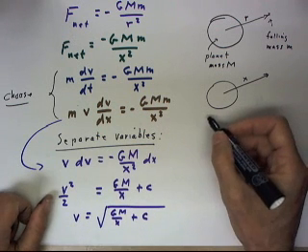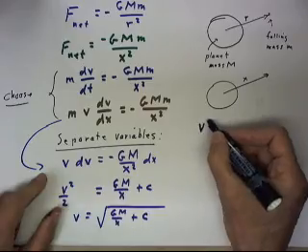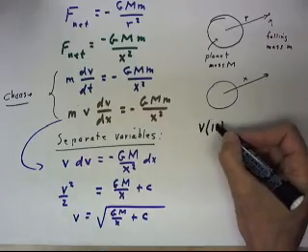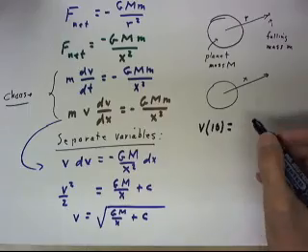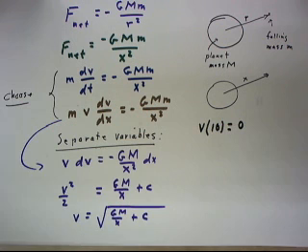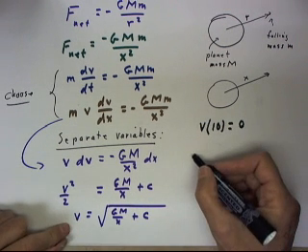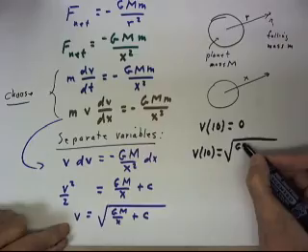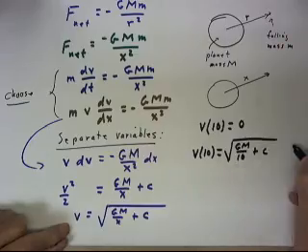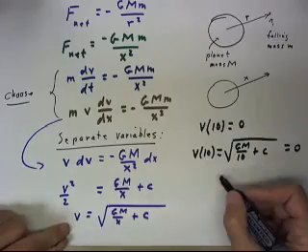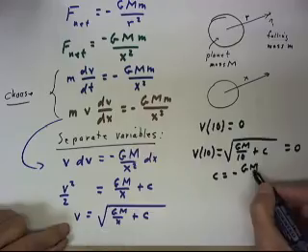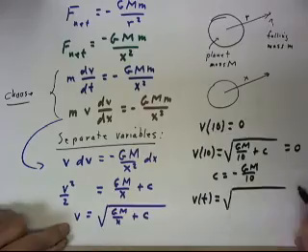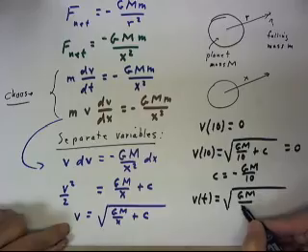If we put an initial condition on this, the condition that v at, let's say, 10 equals 0, then we have v of 10 equals the square root of GM over 10 plus c, and that should be 0, meaning that c equals negative GM over 10, and our velocity function would be the square root of GM over x,